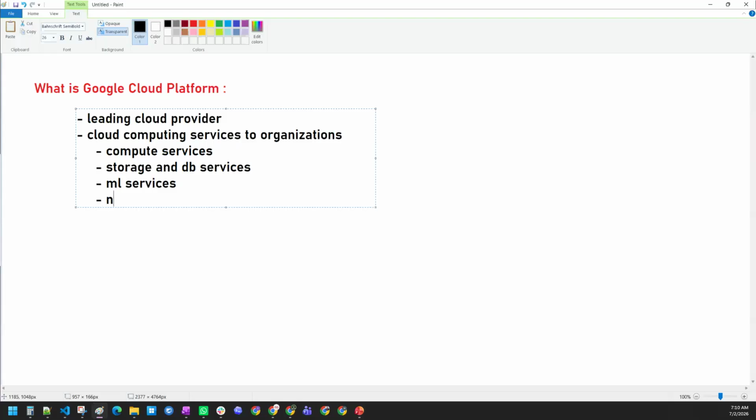It provides you networking services. It provides you big data services. It provides you management services, IAM and all. So it provides you plenty of services, guys, such as compute, storage and database services, big data services, machine learning services, networking services, and management services to the organizations.